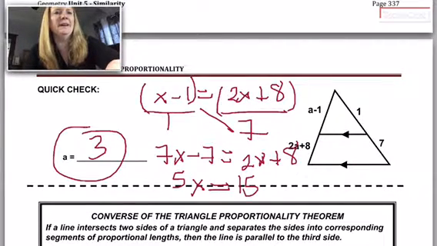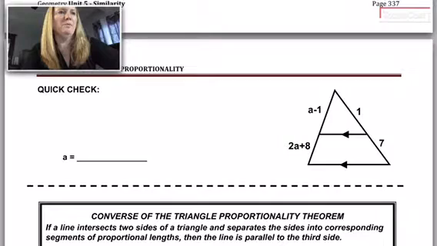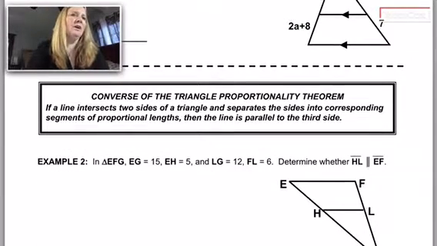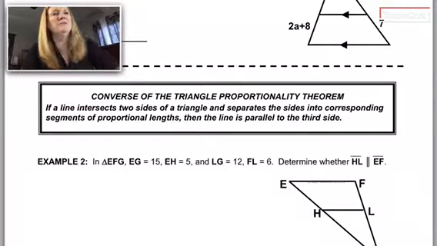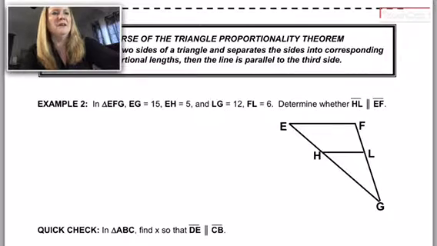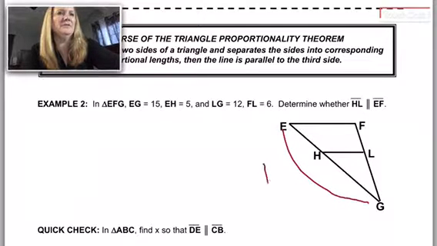Okay, now the converse of the triangle proportionality theorem says if a line intersects two sides of a triangle and separates the sides into corresponding segments of proportional lengths, then the line is parallel to the third side. So in other words, they give us a picture here and some measurements, and we're going to write those measurements, e.g., so this whole thing is 15, EH is 5,